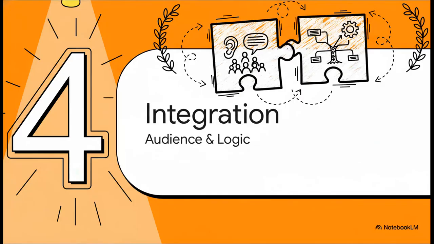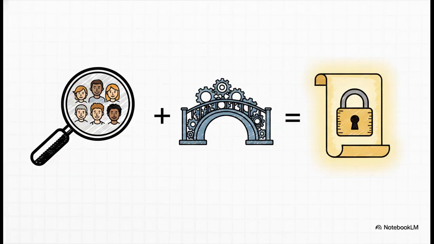And that brings us to our grand finale, Section 4, putting it all together, the integration of audience and logic. So, the absolutely crucial point here is this simple equation, but mastering it literally changes everything. You take audience recognition, which ensures your message is perfectly understood and adapted to the exact right knowledge level and personality. Then you add Tolman's model, which ensures the message is logically structured, backed by hard data, and anticipates any objections. When you combine that deep empathy for your reader with rigid structural logic, you get the undeniable proposal. It becomes a workplace argument that simply cannot be ignored.